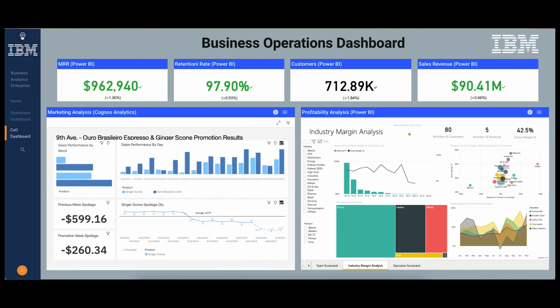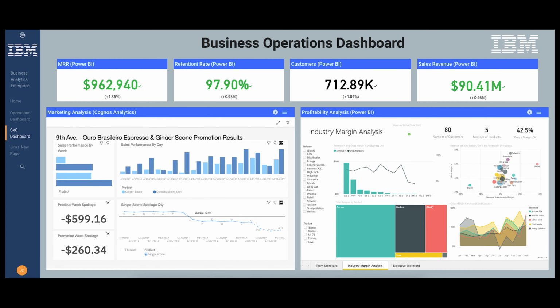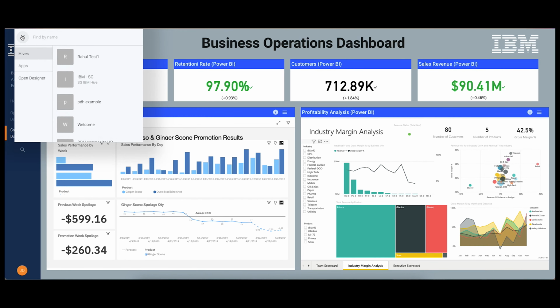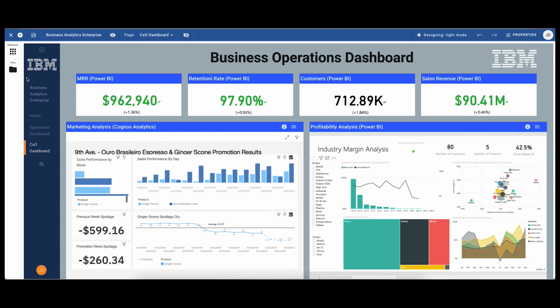What you see here is an example of a composite dashboard that Jim prepared for an executive who wants to look at key metrics that are housed in Power BI. They might also care about product marketing to analyze how they can grow their business by location. Jim is now going to show you how easy it is to create something like this for your organization and